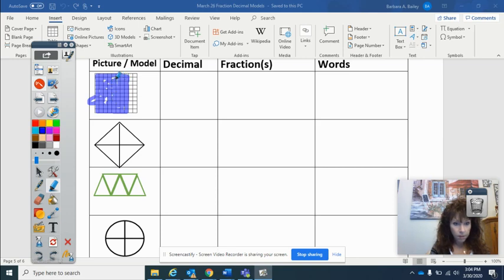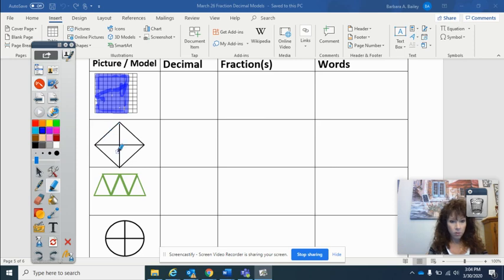Okay. So that first one is shaded. You can shade yours at home. And then you are going to, okay, good enough. Write your decimal fraction in words. Okay, on the second one,